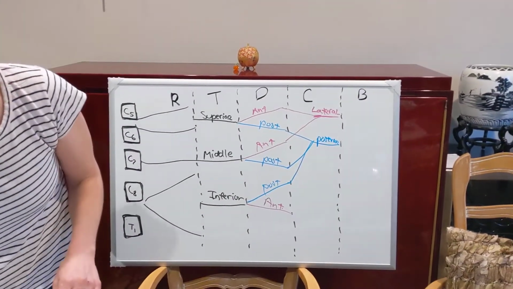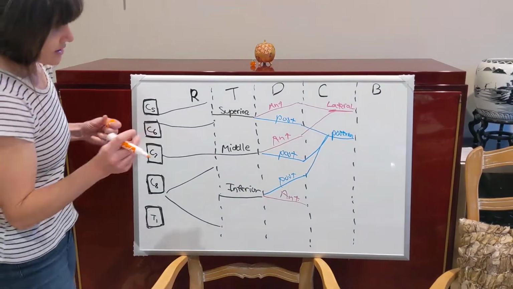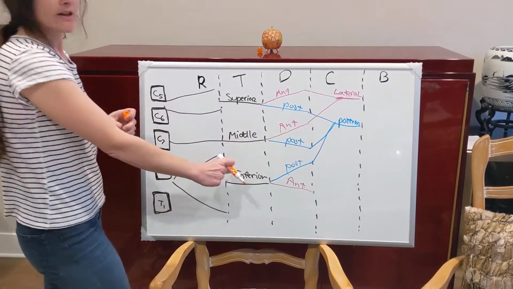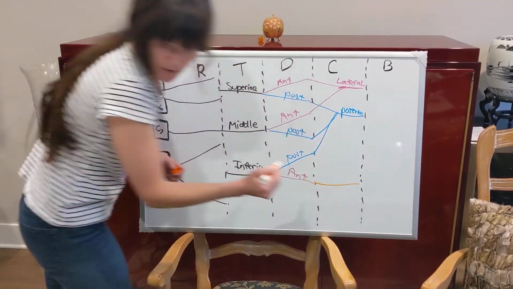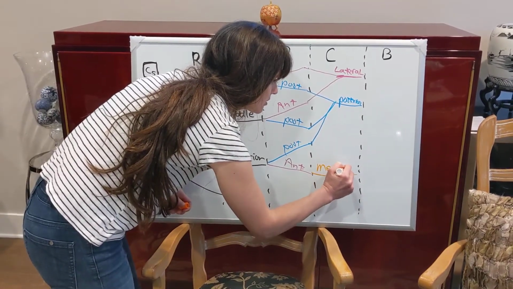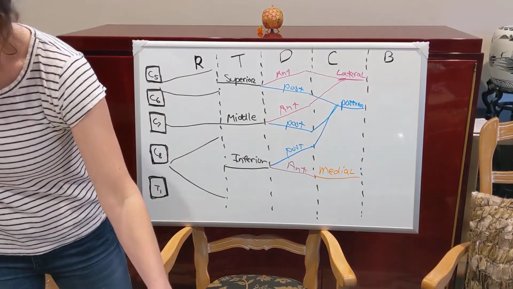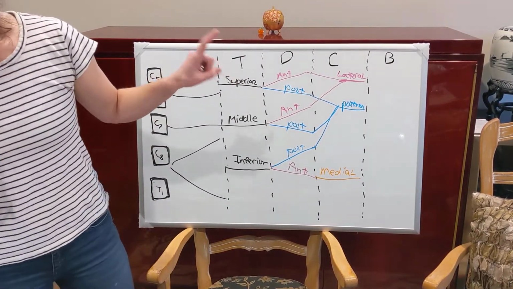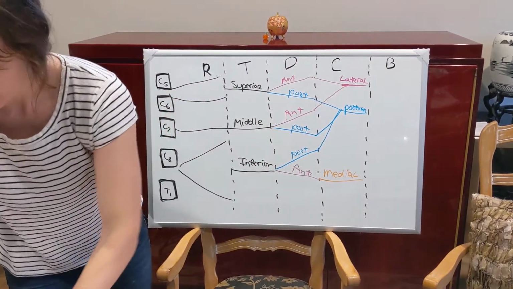And then let's see if we can use a different color here. The anterior division of the inferior trunk is going to form the medial cord. All right, to make things a little bit more complicated, the lateral cord goes on to form,